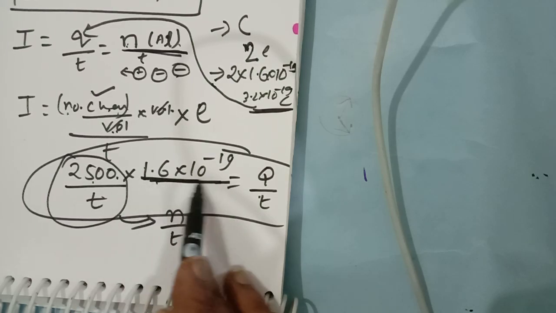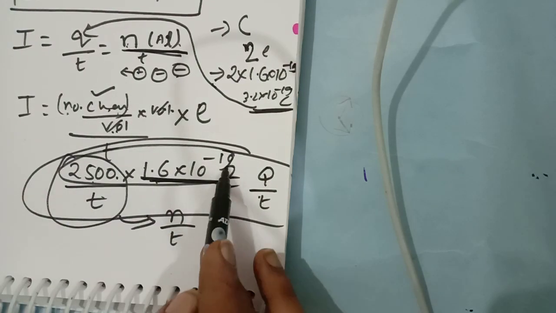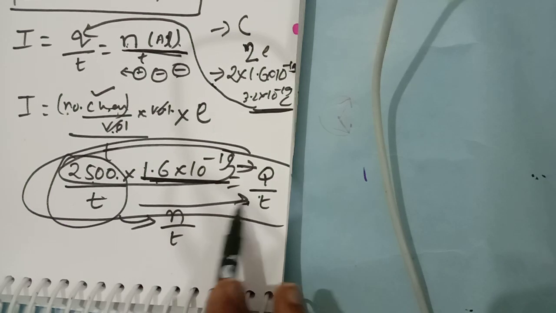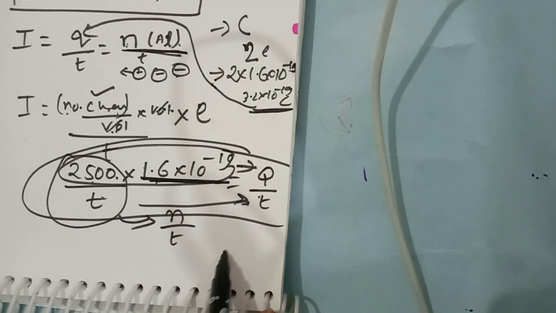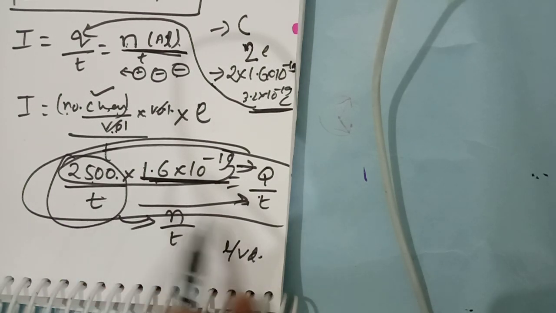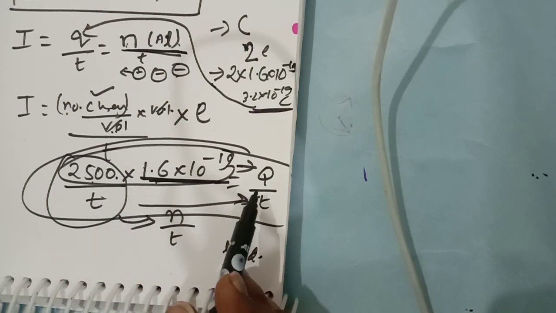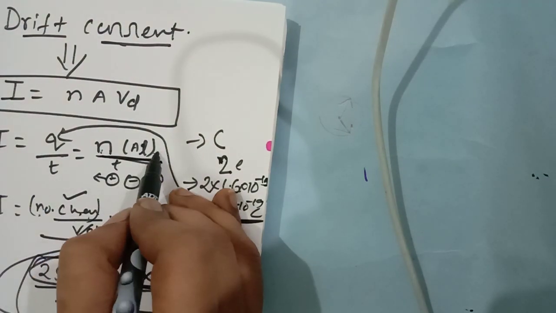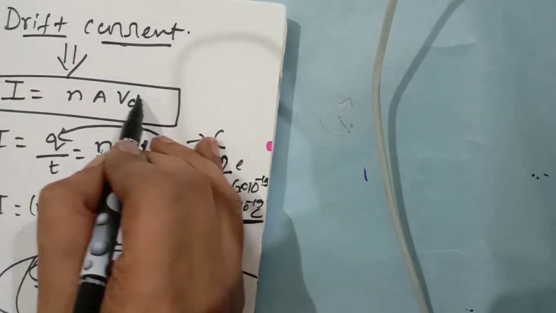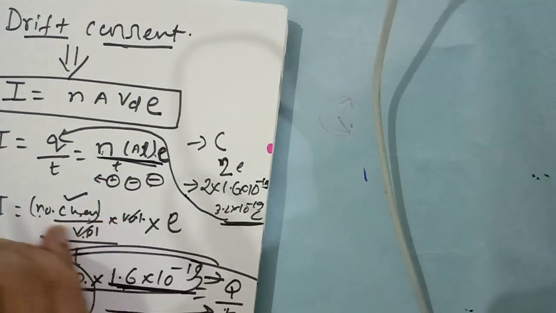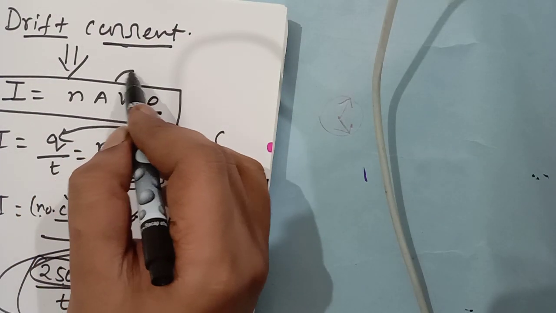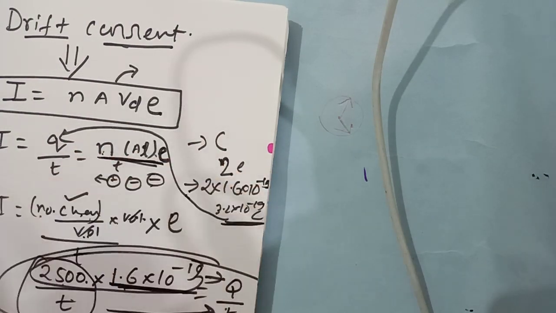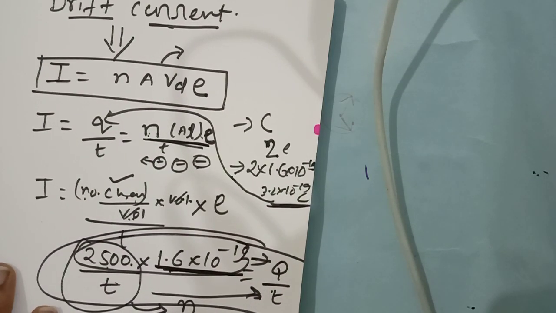What is one electronic charge? This total is Q, this is T, right? Now T is L by Vd. Now it is okay. So what will come in the equation? nAVd. This e was missing. So here e will be there, so the drift current will be nAVd into e, that is nAeVd. Okay, understood?